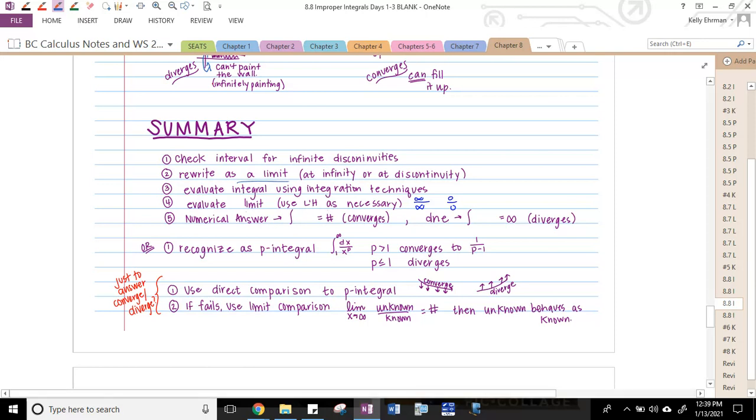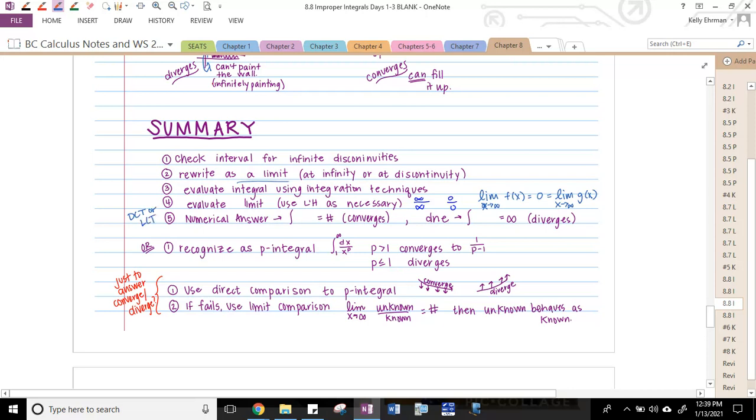When you're using limits, you may have to use L'Hopital's if you're getting infinity over infinity or 0 over 0. And remember to show your limit as a approaches infinity or x approaches infinity of f of x equals, we'll say 0, and you also have to show that the limit of g of x equals 0, and then we say use L'Hopital. So remember, there's a formality there. When you're using your DCT or LCT,